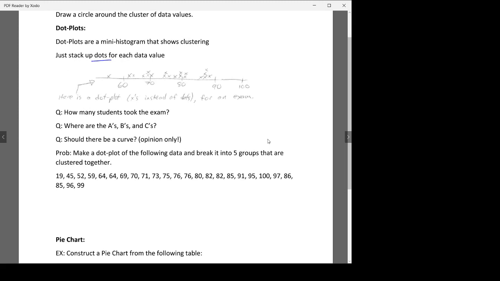So here's a dot plot for an exam from a long time ago, but you can see the scores. Can't really tell which number, but you could guess. That looks like a 62. That looks like a 75, maybe 76. And this looks like just less than 90, but you can see there are some clusters of data here. There's a cluster. There's a cluster. There's a kind of a cluster there and a cluster there and a cluster there. So you kind of see it breaks down